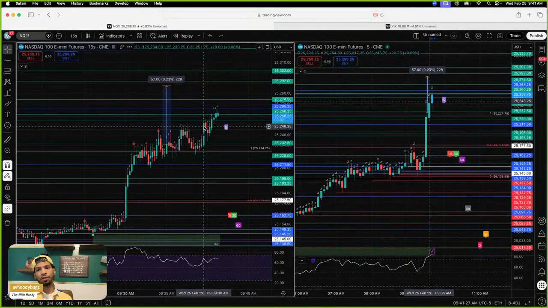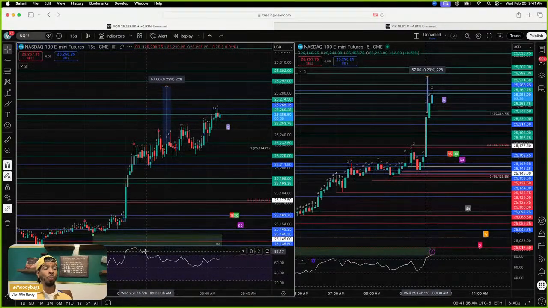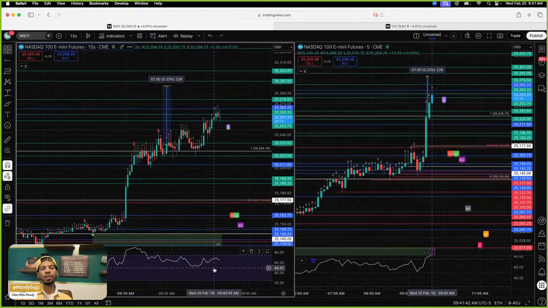However, this is what I was going to tell you. As I was in the trade, we were overextended all the way up here. This RSI has to go back down, regardless. What I am going to tell you is it's not going to go all the way down like the candlesticks unless it breaks the 50% retracement, right?